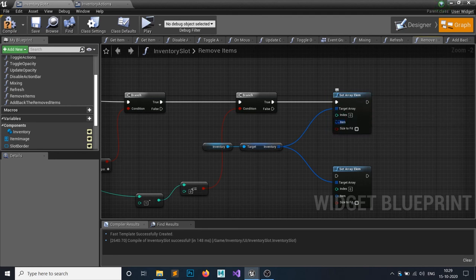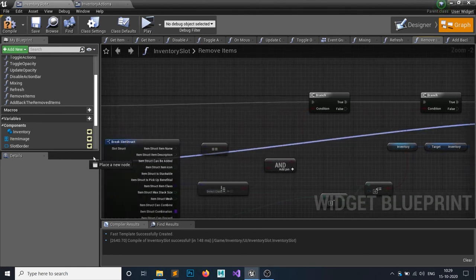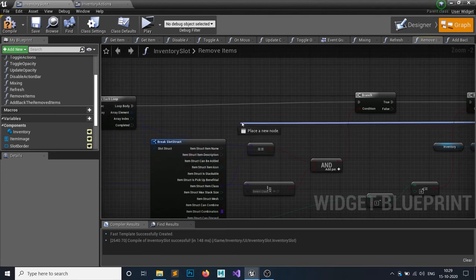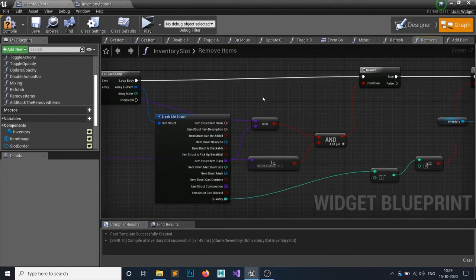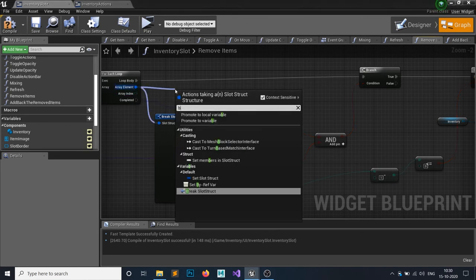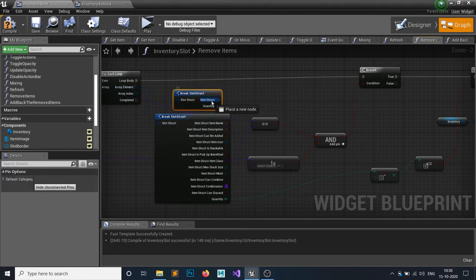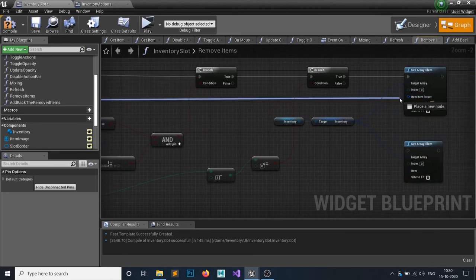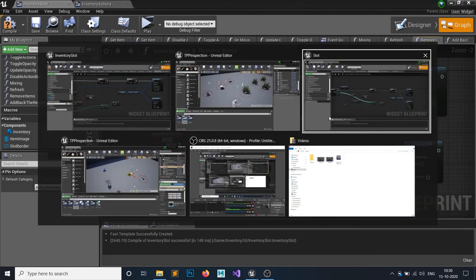So if this is true, then split out this. The item structure will go to here. Where was that item structure? Just break out the item structure.